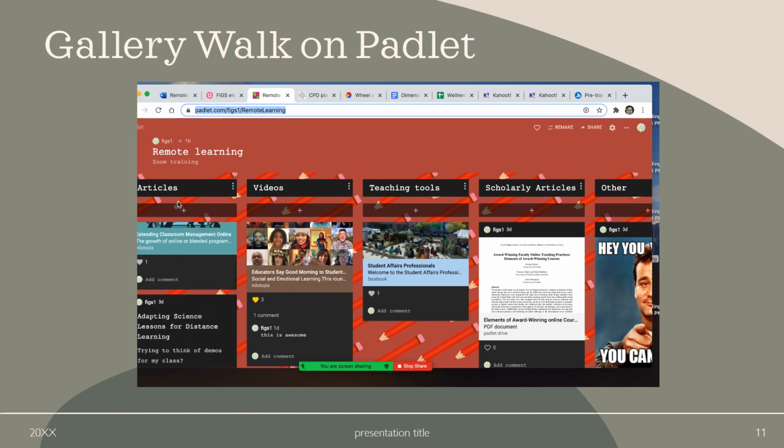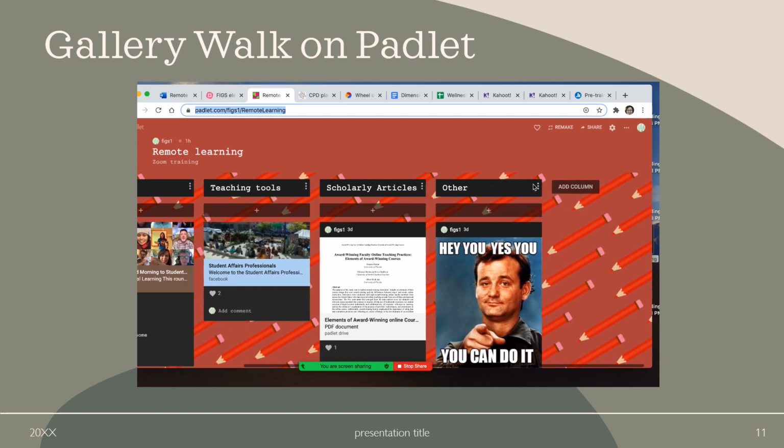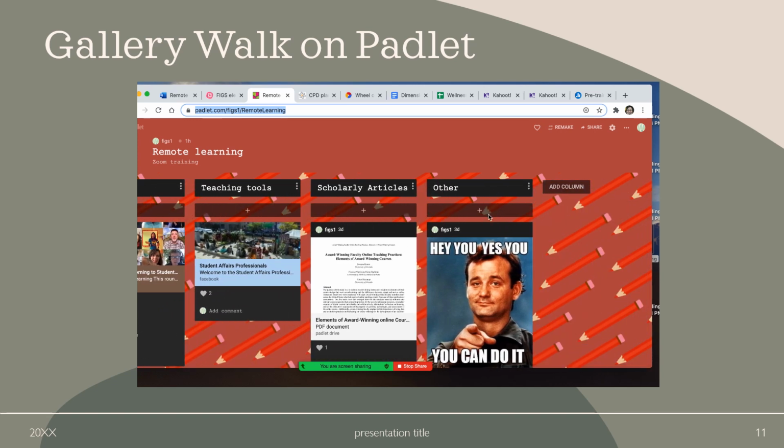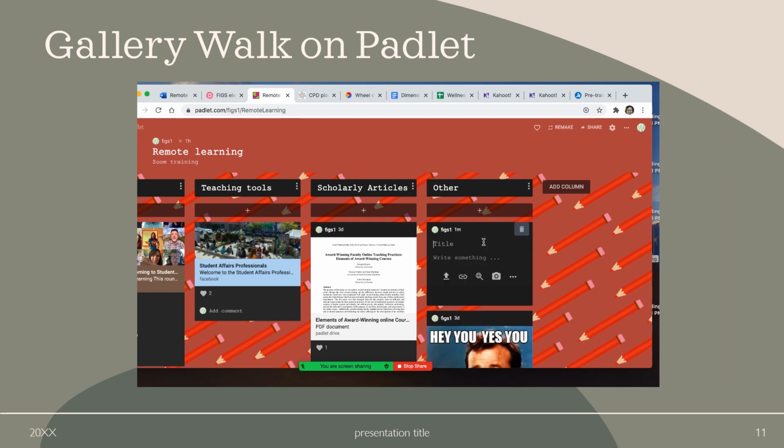But you could set this up in any different way with articles, video attachments, teaching tools. We just have different things that are the headings there, or you can add columns. And all you have to do to add anything for your students is to push the plus sign, and then you could say